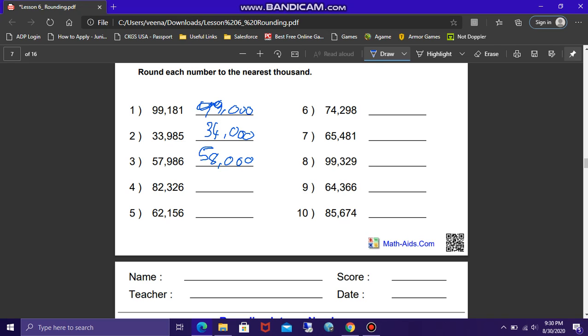And these you can try, they're pretty self-explanatory. I'll do these two as examples. So 6 round up, that'd be 330. 3 not high enough, so that'd be 300. 3 not high enough, so that'd be 82,000. Just apply the rule to all place values and it becomes much easier. 6 higher than 5, so that'd be 160. 6 again higher than 5, so that'd be 200. 2 not high enough, so 62,000. And here I'll just